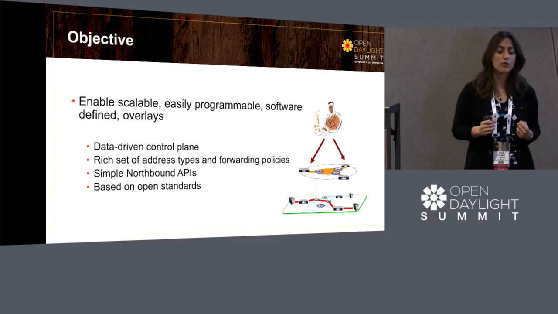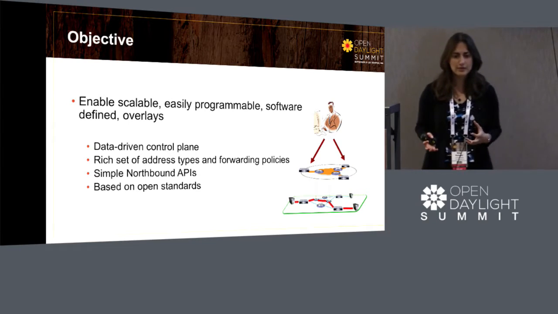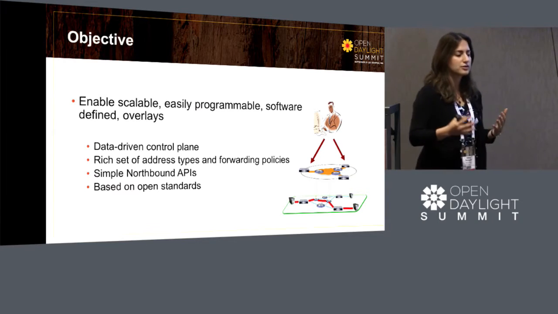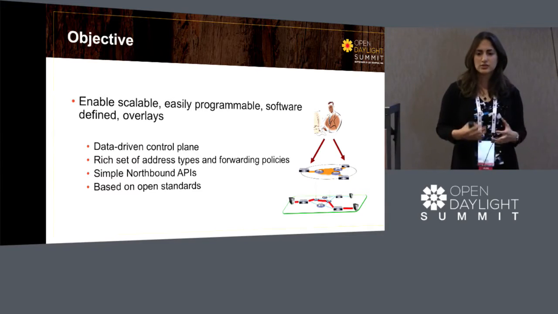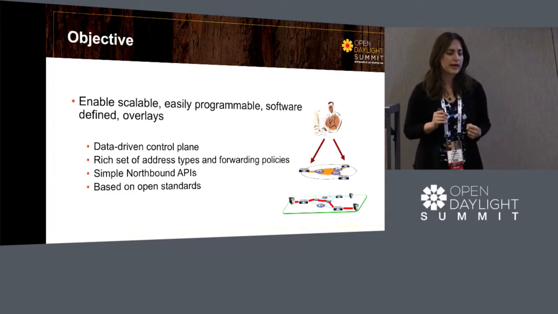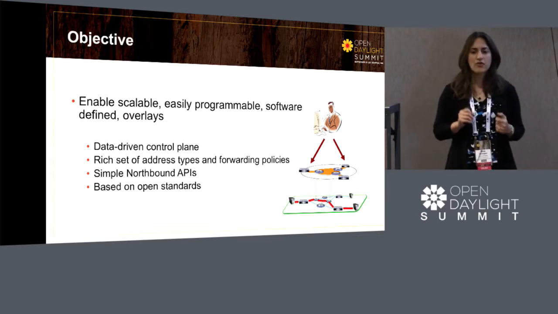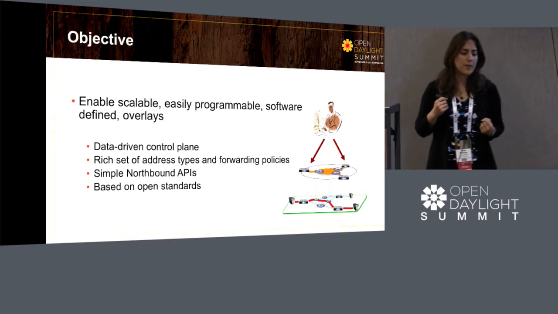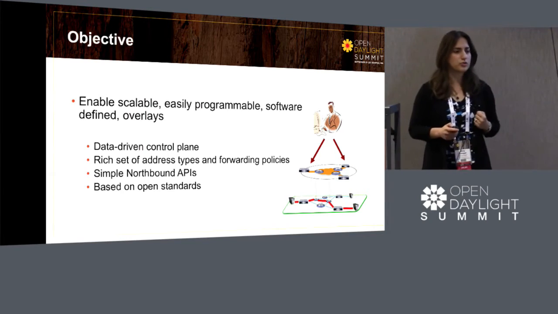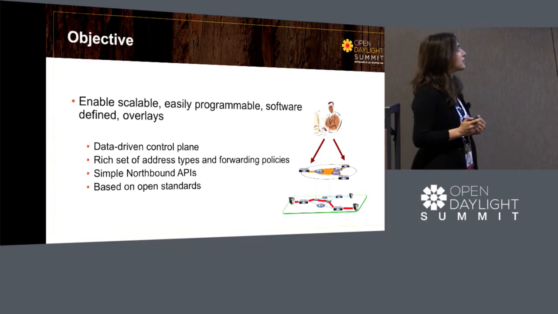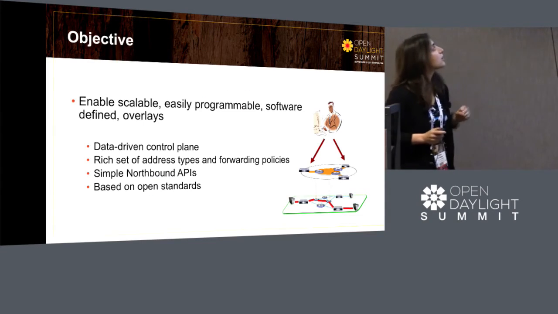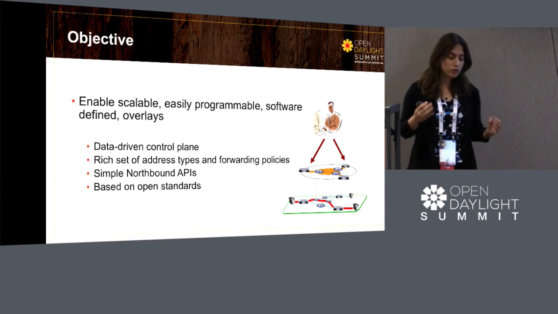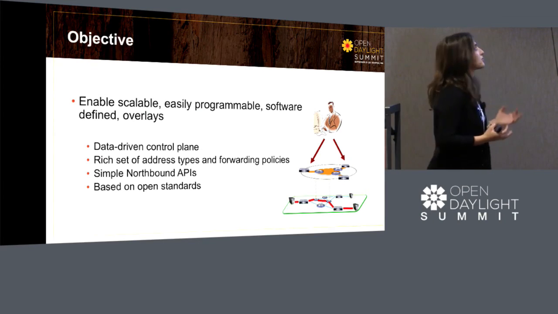Second, we wanted to have support for multiple sets of transport addresses and forwarding policies. In terms of address spaces, IPv4, v6, L2, but also things like NSH and service paths and so on, and forwarding policies such as load balancing, multi-homing, traffic engineering, and so on. And I'll go into more detail on that in the next slide. Oh, actually, third, we wanted to have a simple northbound API, and that's to kind of satisfy the